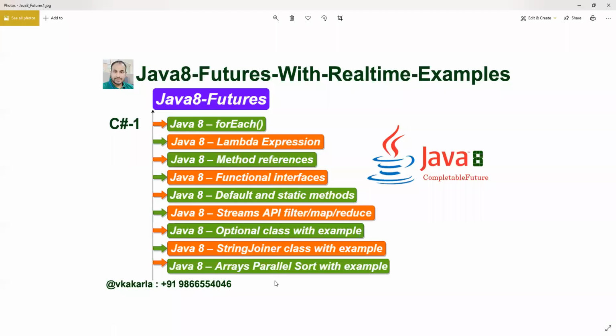If you see here, I missed one of the Java 8 features. One more Java 8 feature is there, the Date API. Previously the date API was not thread safe. Now the date API is thread safe. How it is thread safe, what the use case of this date API is, and what the examples from the date API are, we will see in the next class.